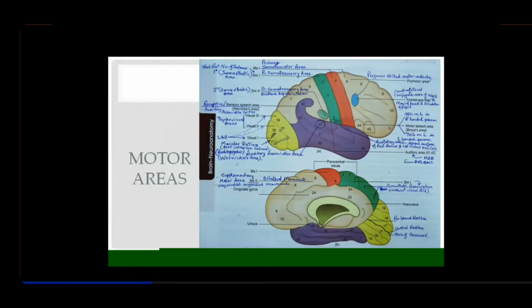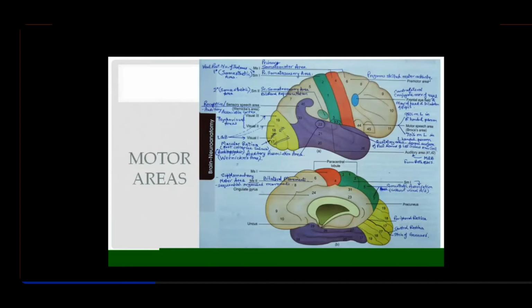If there's an instrument which can record the activity at that time, you'll find that in area number 6 there will be a huge electrical activity, impulses being generated from here. Keep all these things in mind in short words, because if you try to remember everything it will become jumbled. You are starting with learning neuroanatomy, and there will be clinical questions also, aspects of neuroanatomy that are sometimes asked. That's why I'm telling you a few simple words.